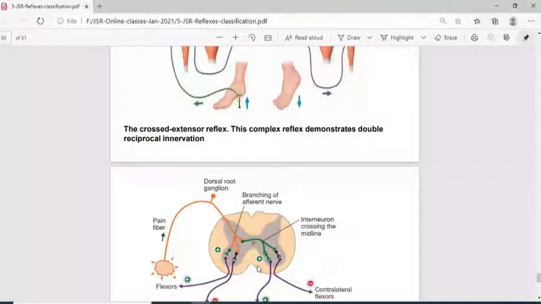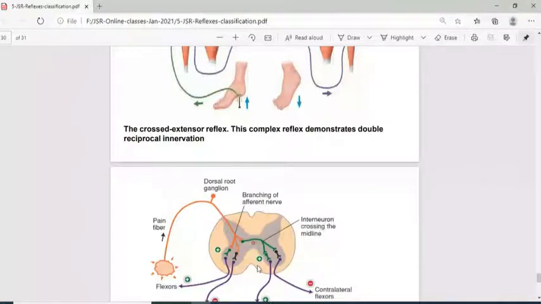So whenever you come for practical examinations, you feel that you should get full marks. But sometimes we are in so much hurry that we forget to do one of these smaller points. So let me tell you what are the points that we should not forget. First and foremost, be on the right side of the patient. Second, you have to take consent from the patient. Third, you have to keep in mind that you will do bilateral examination.